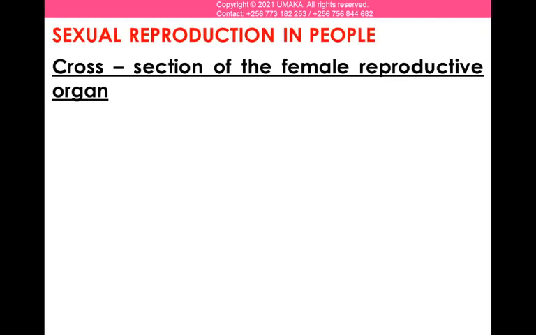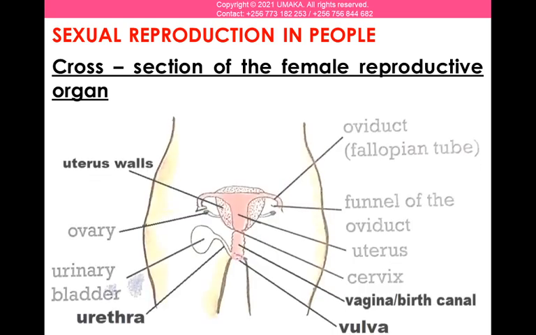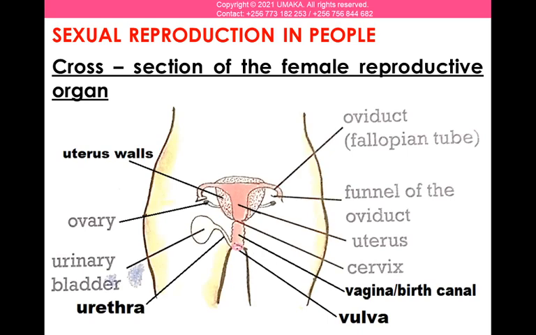Today we are going to look at the reproductive organ or the reproductive system, and we are starting with the female reproductive organ. As I told you in cattle, pay attention when we're looking at reproduction in cattle, because the work is the same. That is why I'm not going to waste a lot of time on this. So this is our female reproductive organ